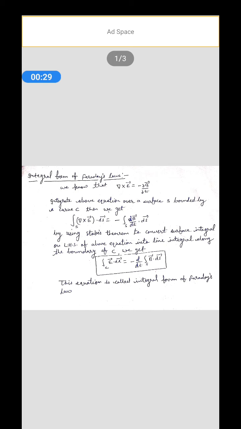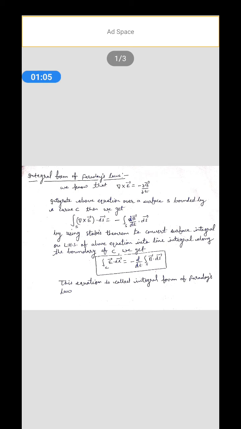Then we get the surface integral of del cross E dot dS is equal to minus the surface integral of dB by dt dot dS. Now we can convert the surface integral into a line integral by using Stokes theorem. So by using Stokes theorem to convert the surface integral on the LHS of the above equation into a line integral along the boundary